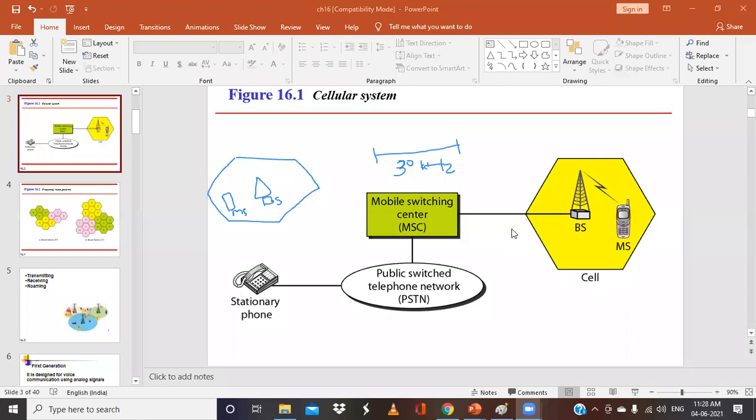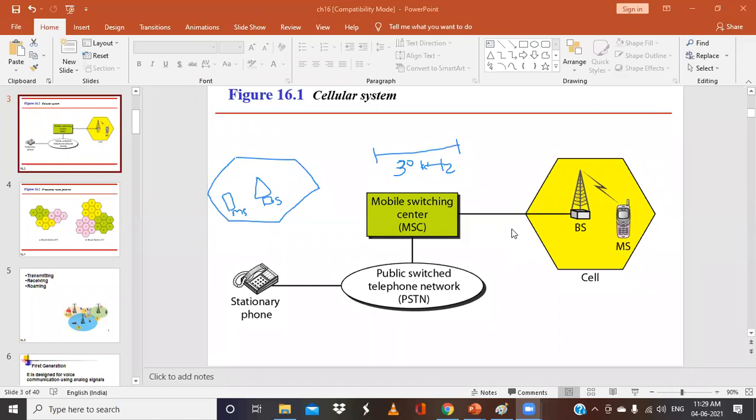What will happen in case of receiving? When a mobile phone is called, the telephone central office sends the number to the MSC. So basically, how can we receive the call? What will you hear when you want to receive the call? You will get a ringing bell or ringtone, and based on that you will receive the call.